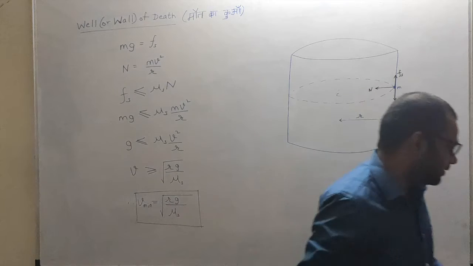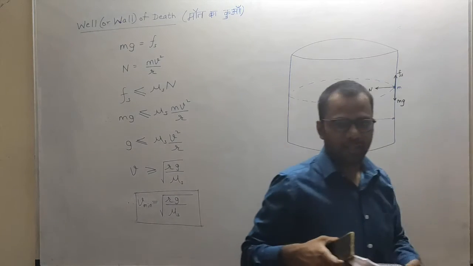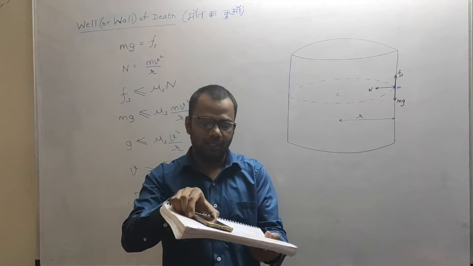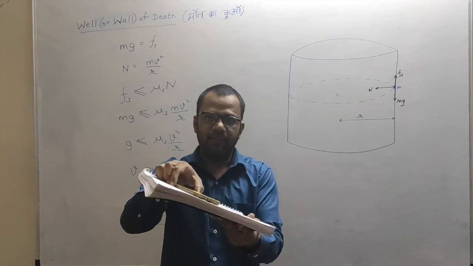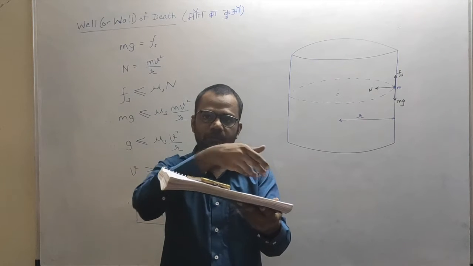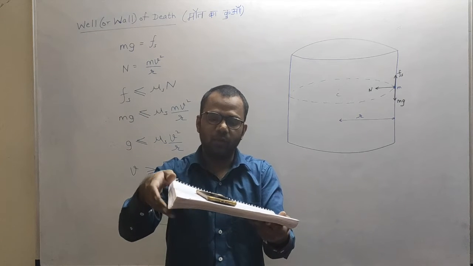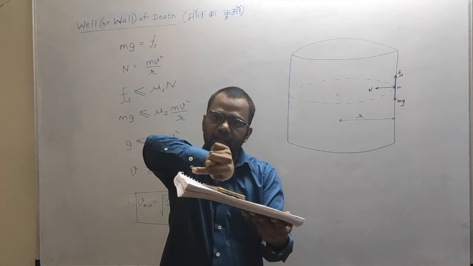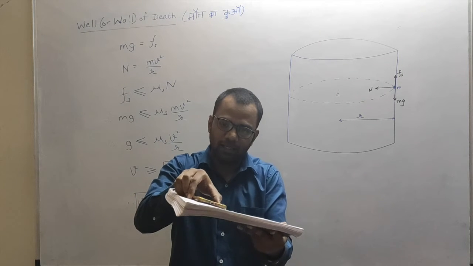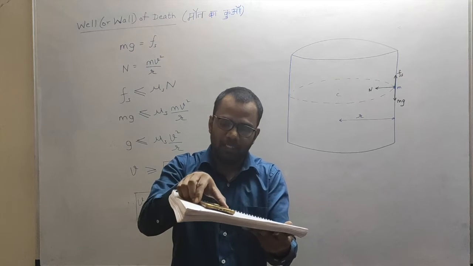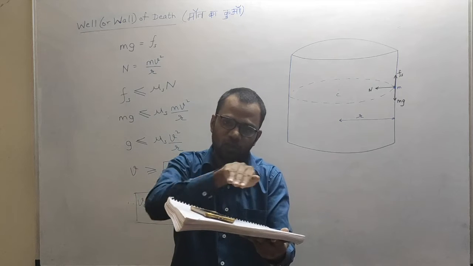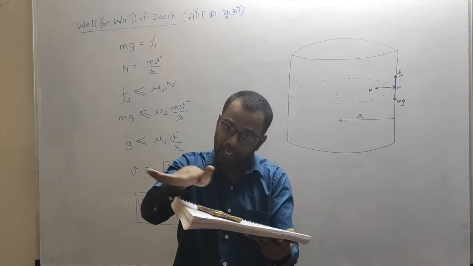For example, if this is my mobile phone in which I am recording everything, the audio recorder. Now, as you can see, if I keep my mobile like this, it tends to go down, but still it is not going down. Why? Because the frictional force is opposing that motion of going down. If there was no frictional force over here, it would have gone down. But since it tends to go down, but still it is not going down, that means there must be a frictional force opposing it in the opposite direction.